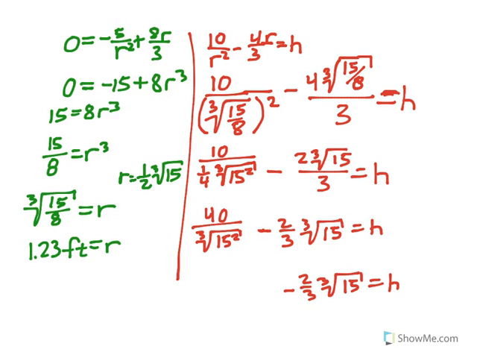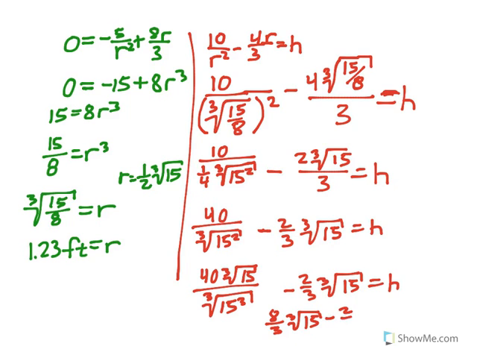Multiply top and bottom by the cubic root of 15, and you get 40 times the cubic root of 15 divided by the cubic root of 15 cubed. And then this becomes 40 over 15. 40 over 15 is 8 over 3, so that's 8 over 3 times the cubic root of 15